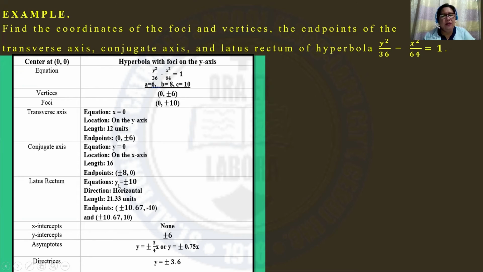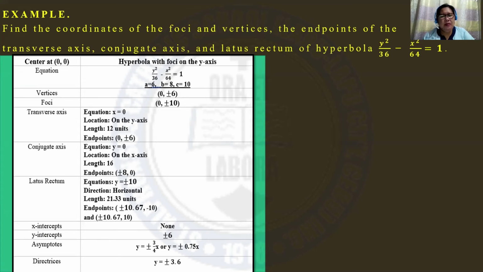Equations of the latus rectum, we have y is equal to positive or negative 10. Direction, horizontal. The length of the latus rectum is 21.33 units. The endpoints, we have positive or negative 10.67, negative 10, and positive or negative 10.67, 10. Y-intercepts, we have positive or negative 6. The asymptotes, we have y is equal to positive or negative 3x, or you can convert it into decimal, positive or